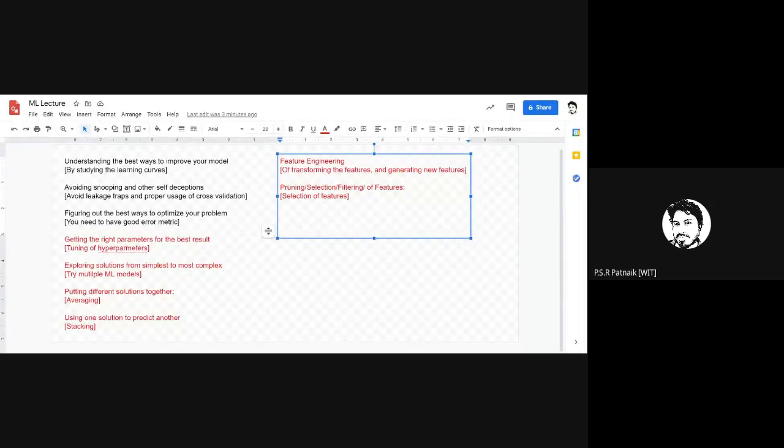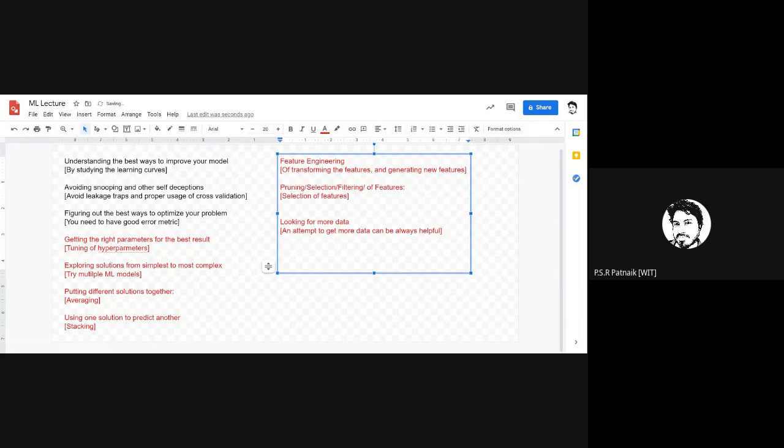So there is one last point. Can you guess what could be the one last point? You have done feature engineering, you have done feature selection. What else can improve performance? That is also related to data. Can you guess? The last one is looking for more data. See, when you have more data, it is always better. So an attempt to get more data can always be helpful.